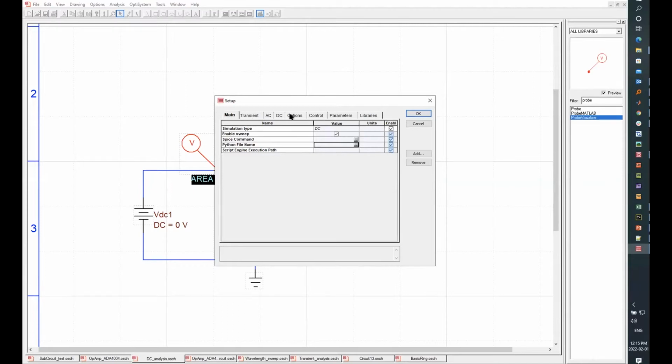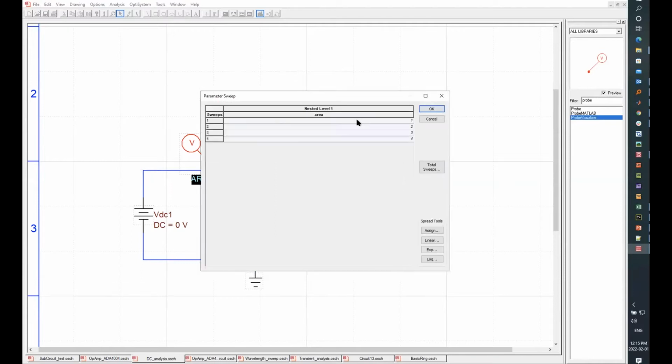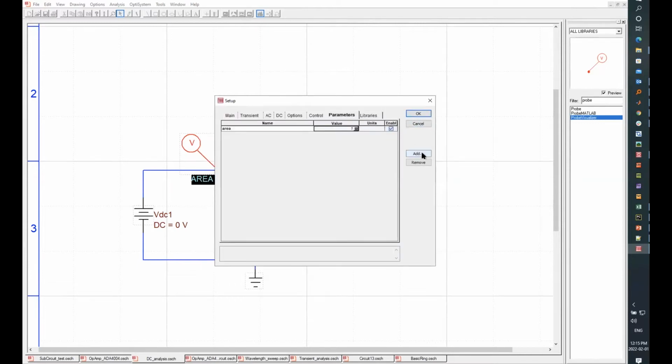Now, to set up the parameter, we'll go to the parameters tab here. Here you can see we have already set up a parameter named area, and if you click here, it will show you 4 different values. So we'll be sweeping area from 1 to 4 meters square,